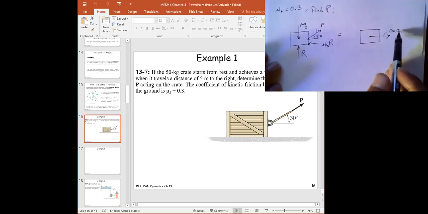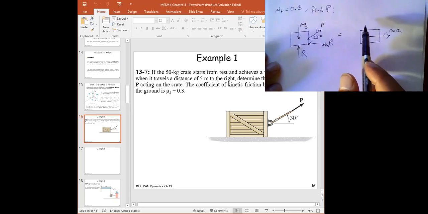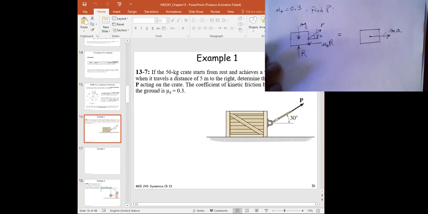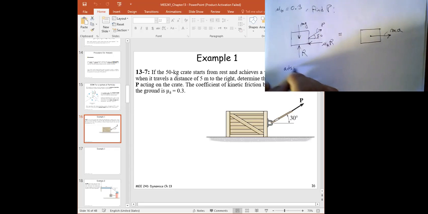Do I know A? Yes, how? Delta V over delta t. No, we can use the data from 0 to 4 and 5 meters. Okay, how do you find acceleration? Guys, we have 2 minutes to solve this problem. A ds equals v dv. Yes, equal to v dv, bravo. So we're going to integrate that.